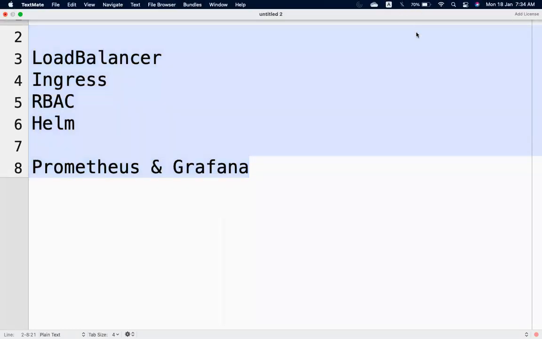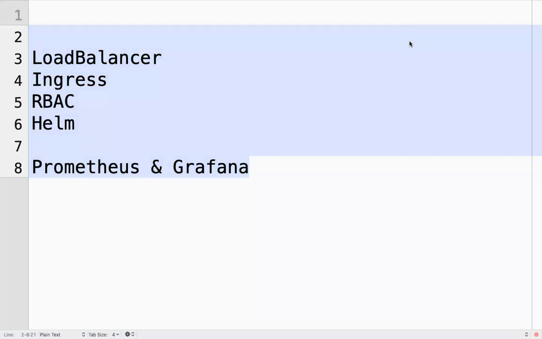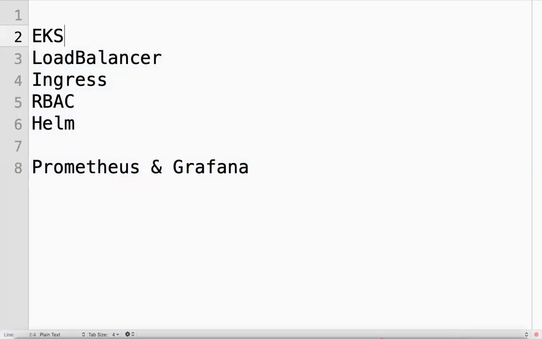Thank you, guys. That's it for today. Try to practice whatever we discussed. Create a config map, create secrets, refer to config maps and secrets in your manifest files. We'll continue tomorrow on liveness probe and readiness probe. Then we will set up a Kubernetes cluster using EKS. What is the problem with a self-managed Kubernetes cluster? How to set up an EKS cluster? We will continue tomorrow.